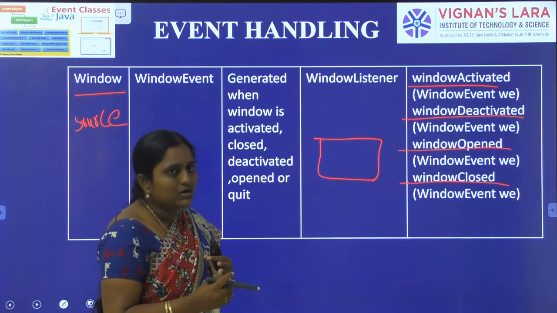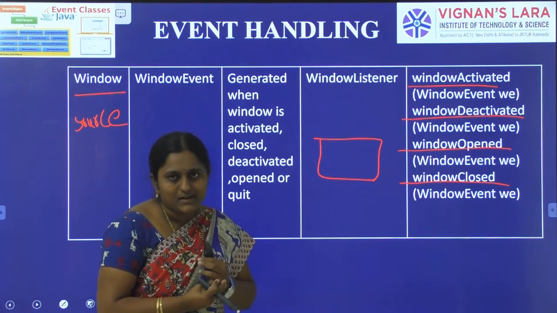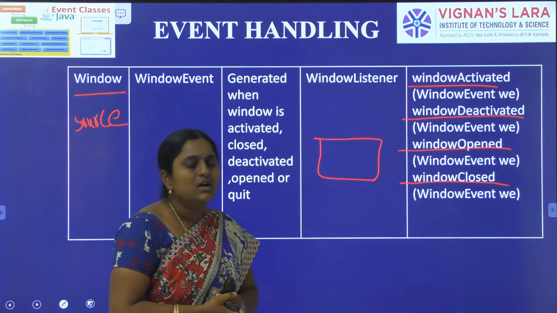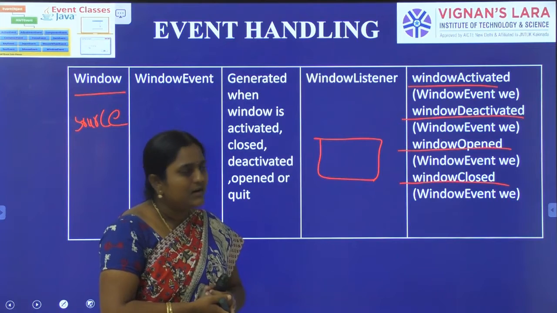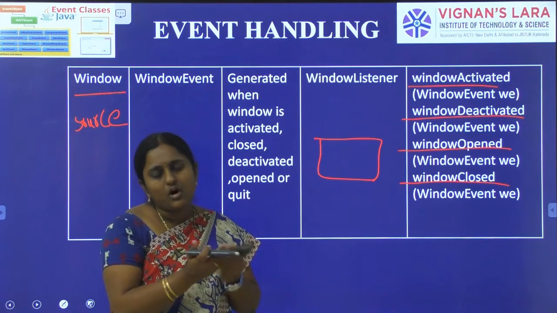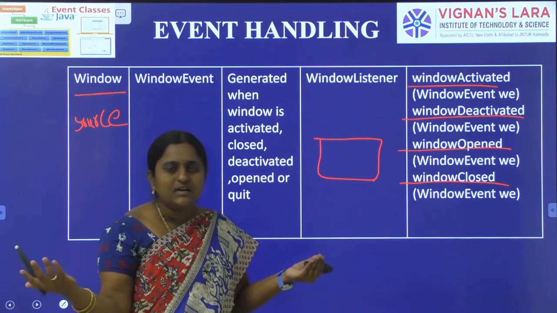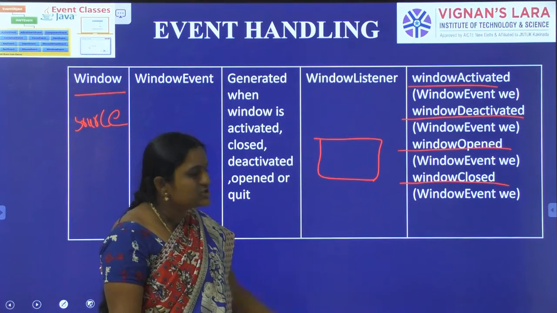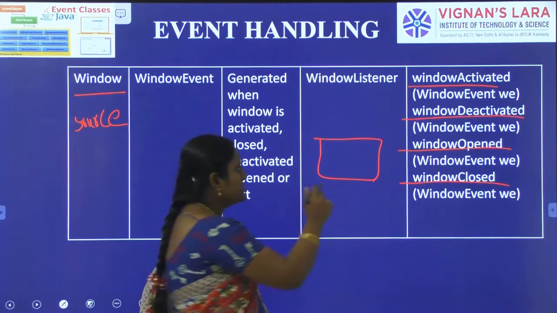Suppose a window is activated whenever we perform any operations in it. When a window is open but no longer used, it is automatically deactivated. Window closed means we can manually close the